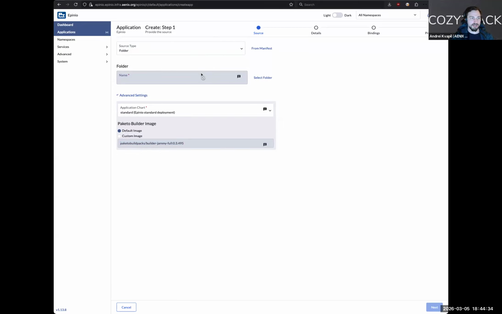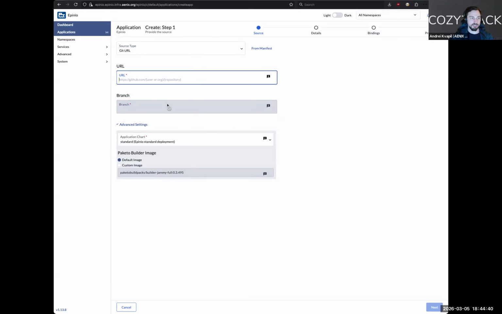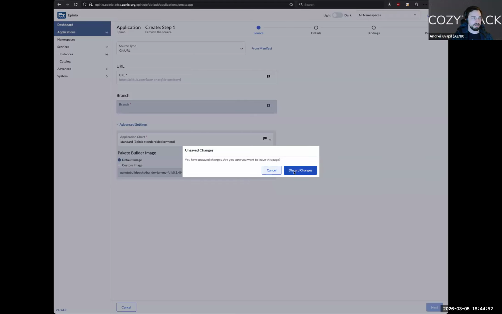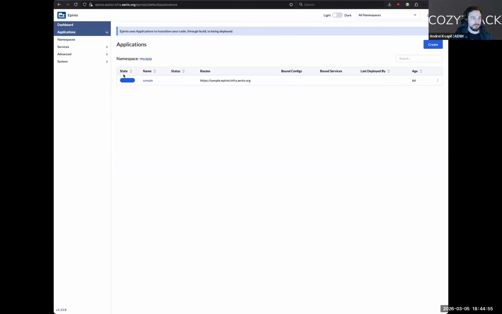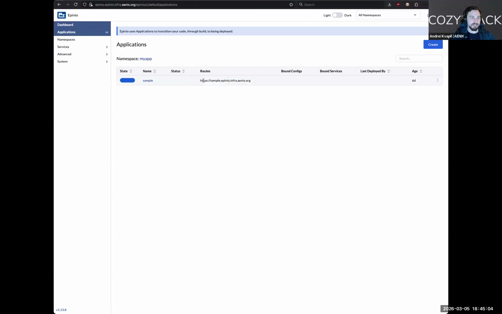So in fact, the user can specify what exactly they want to deploy. They can target a specific Git repository with the application. In a while, it will be built. The Docker image is pushed to the registry for the tenant, and then it will be deployed and available as a service here. Yeah, for now it is not working, but in fact, the application will provide you a route to this application. And I really like this approach because it looks simpler for the developers. The only question is dependencies.